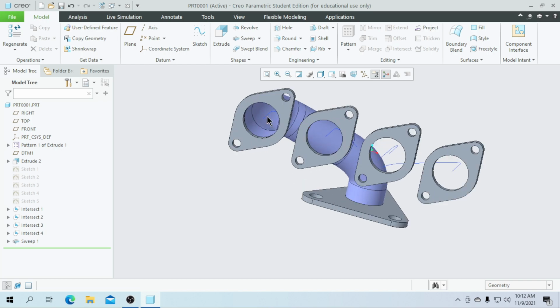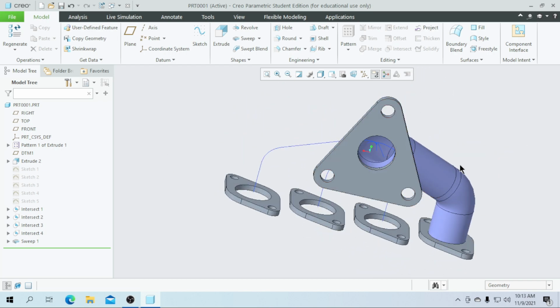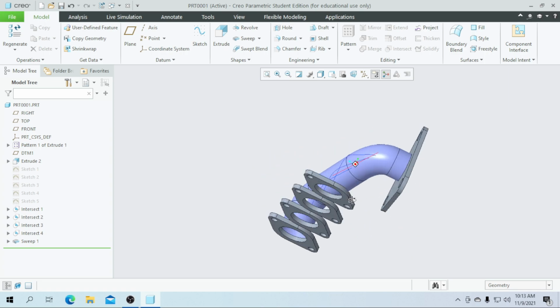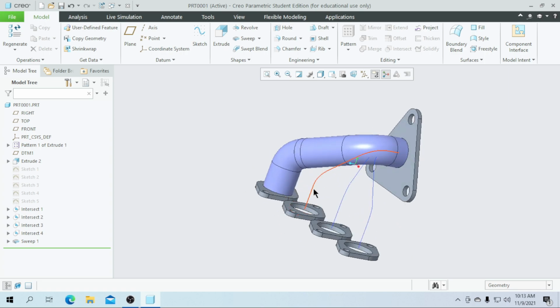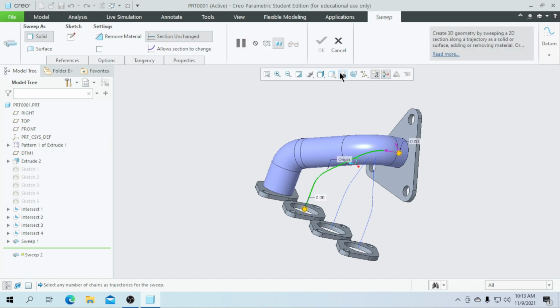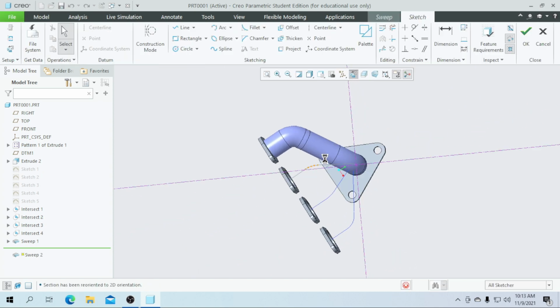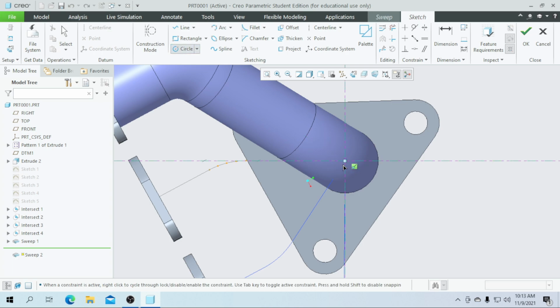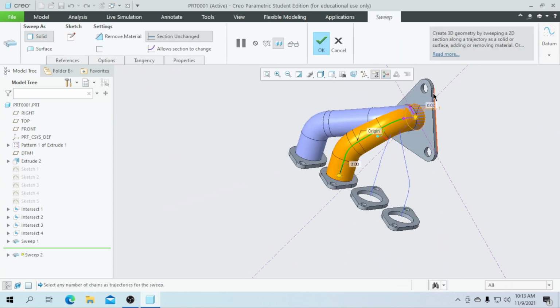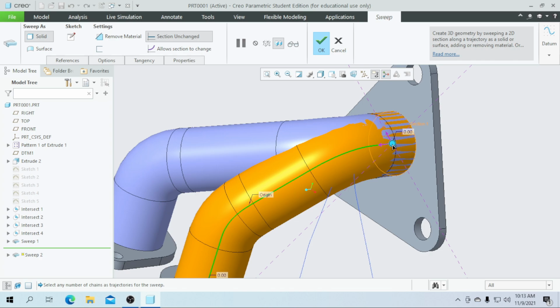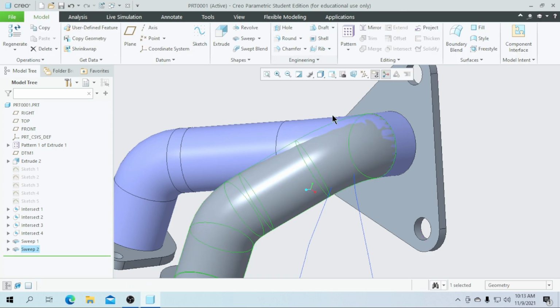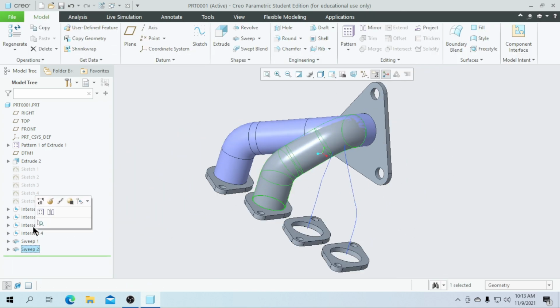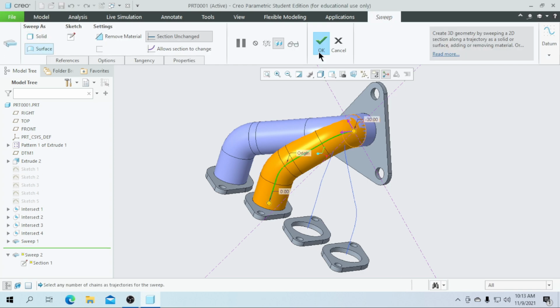As you can see here, we made a surface because of these hollow surfaces. Then repeat it for the second line. Select this line, go for the sweep, sketch, and go for the sketch view. And draw a circle, the diameter of 70. Click on OK. And as you can see here, it intersects with the first point. So drag it like this, and enter a value of 30 here. Then click on OK. So make this also as a surface. Then click on OK.